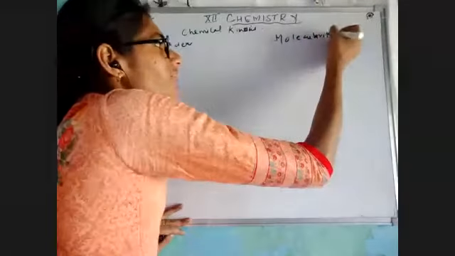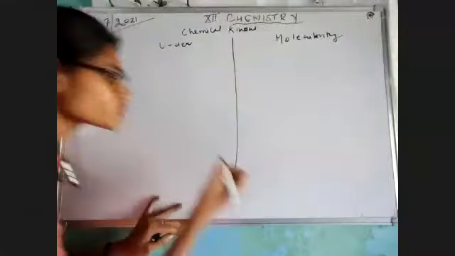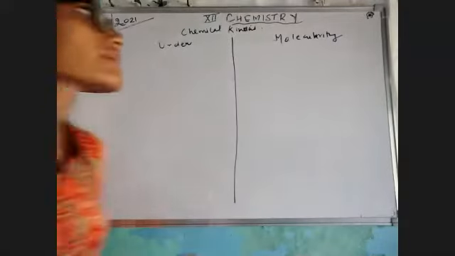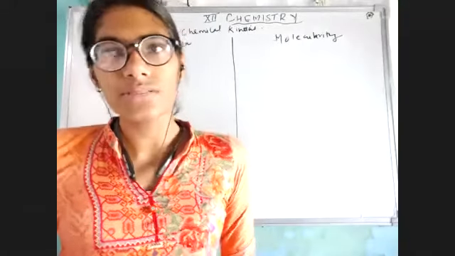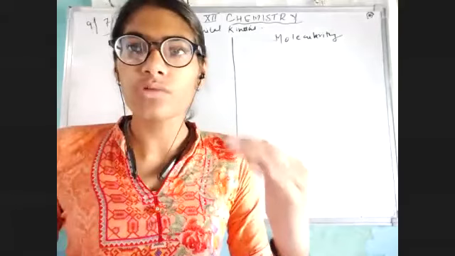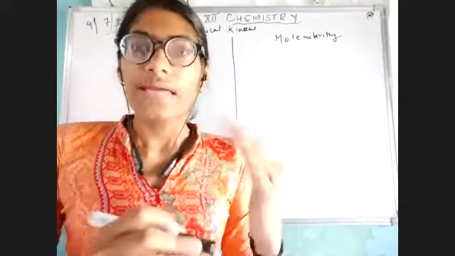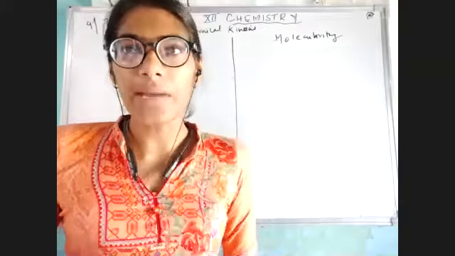So within 5 minutes, I'll complete the previous topic, and after that we will continue with our next topic. We are going to deal with the different types of chemical reactions in a detailed manner, that is, zero order and first order. So let's begin with the topic, order versus molecularity.